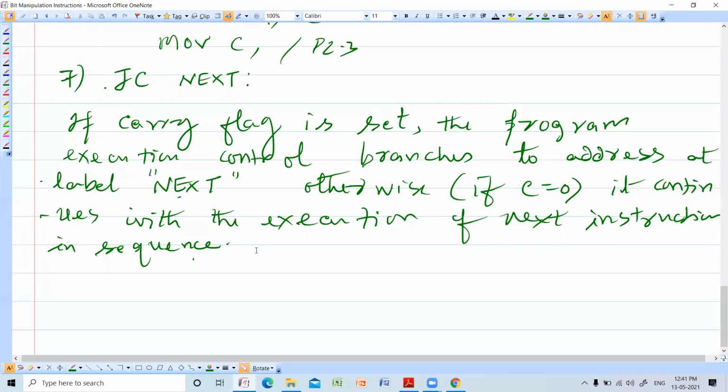Examples we have taken, many examples we have already taken in the addition program, subtraction program, etc.